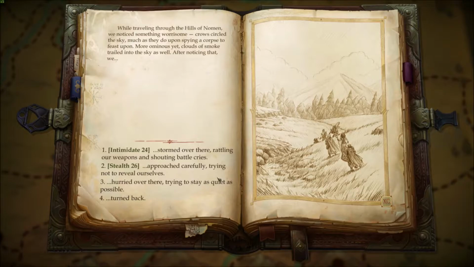Oh, here we go. While traveling through the hills of Nomen, we noticed something worrisome. Crows circled the sky, much as they do upon spying a corpse to feast upon. More ominous yet, clouds of smoke trailed into the sky as well. After noticing that, we